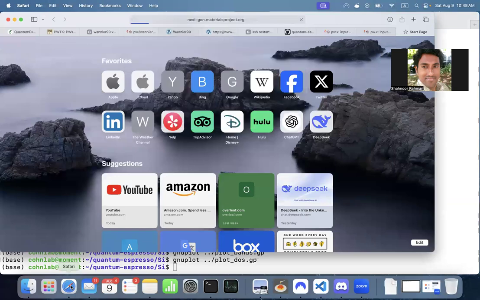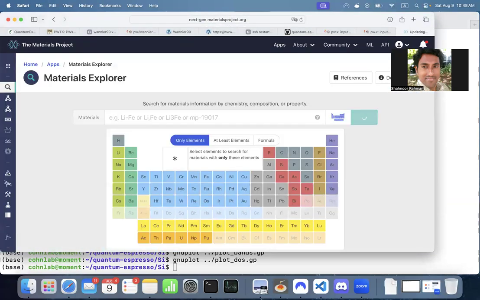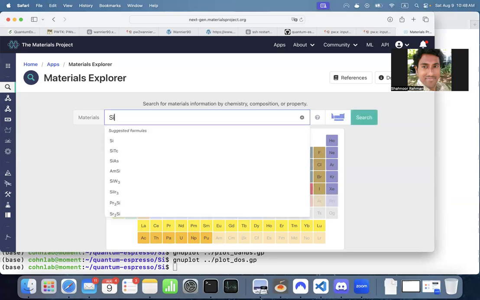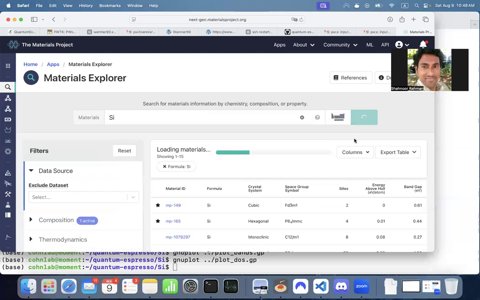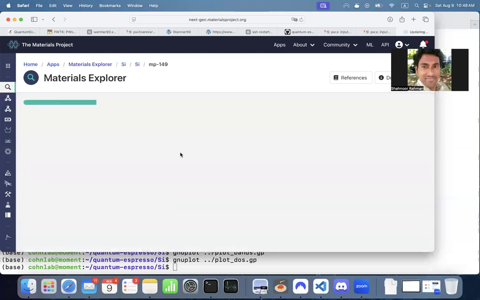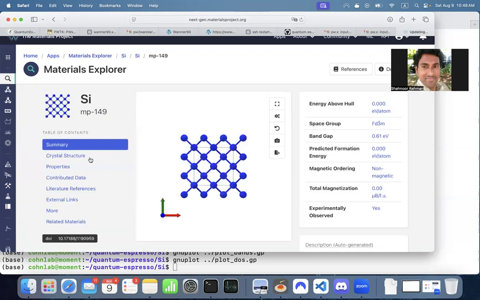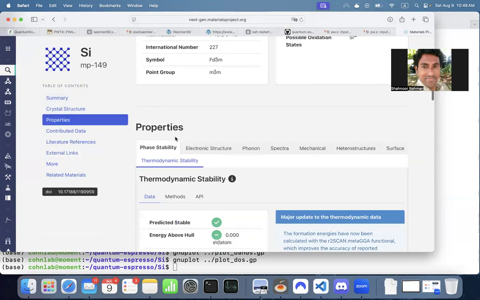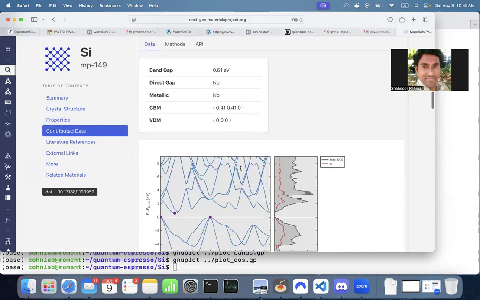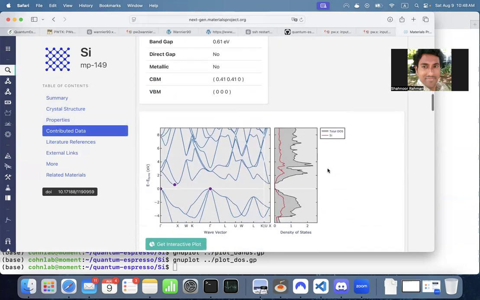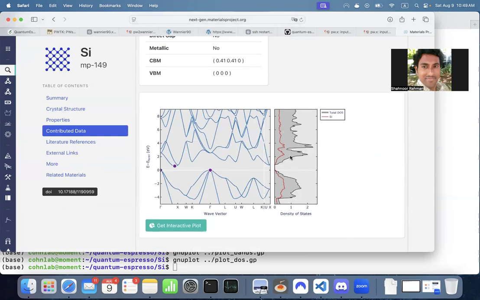from materials project website. You can look for any material, let's say silicon. You have to log in. For silicon, let's try the first one. If you go to crystal structure, electronic structure, and this is the band structure and Fermi energy. So band structure is plotted from -5 to 9 electron volt. You see, I have E minus EF here